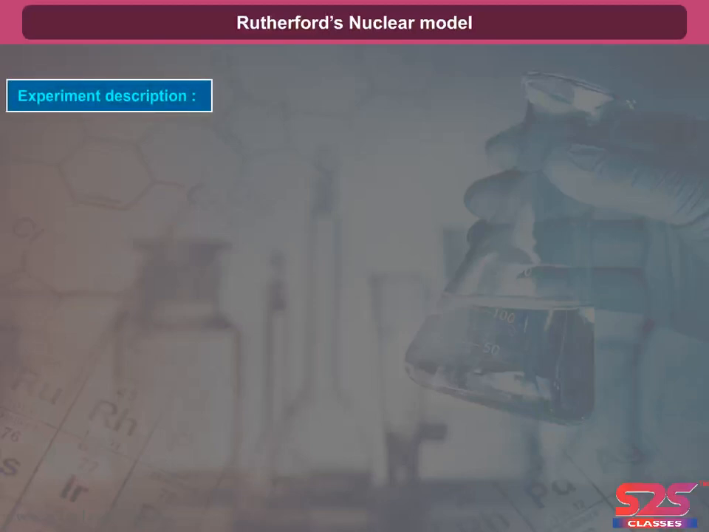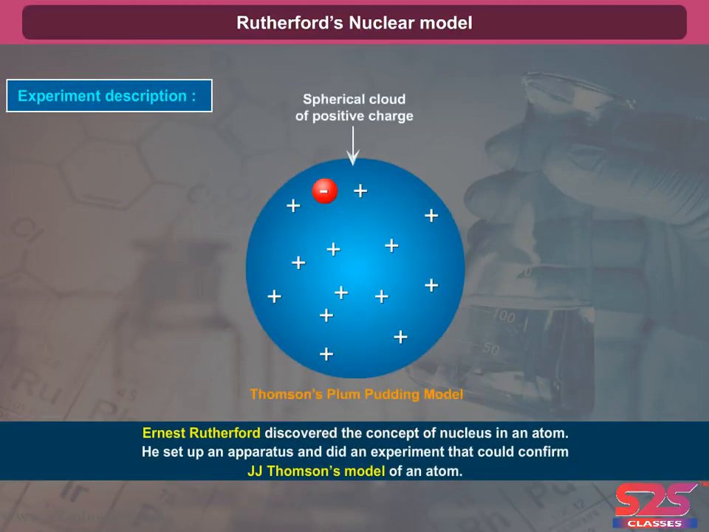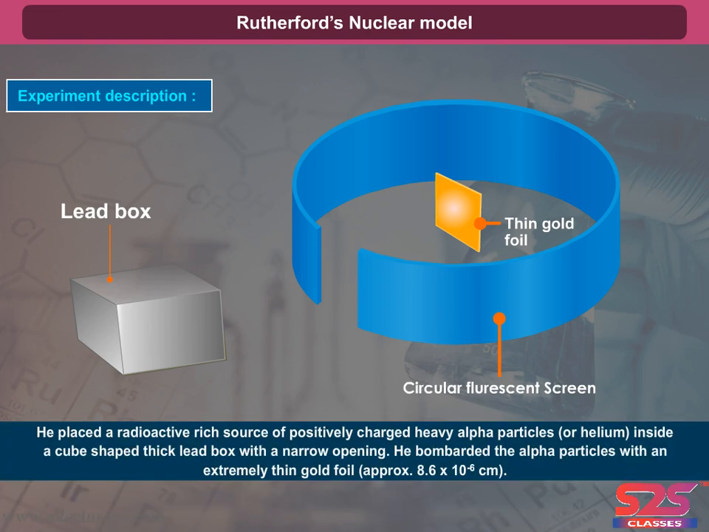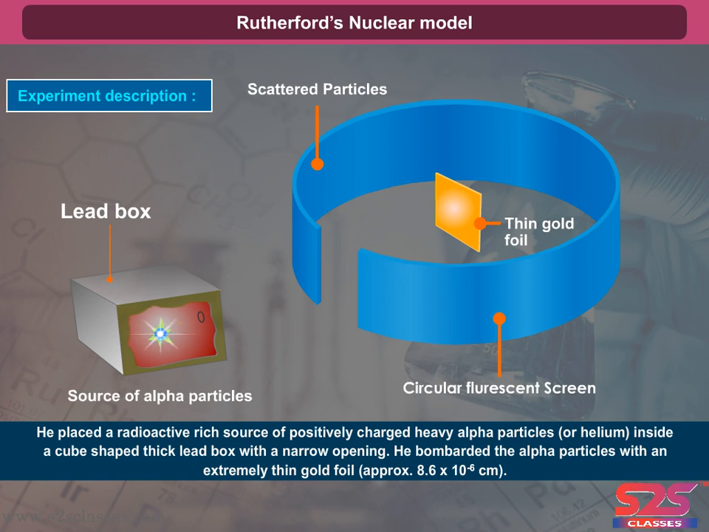Experiment description. Ernest Rutherford discovered the concept of nucleus in an atom. He set up an apparatus and did an experiment that could confirm J.J. Thomson's model of an atom. He placed a radioactive rich source of positively charged heavy alpha particles or helium inside a cube-shaped, thick lead box